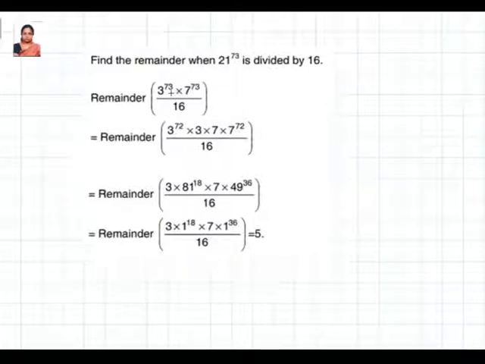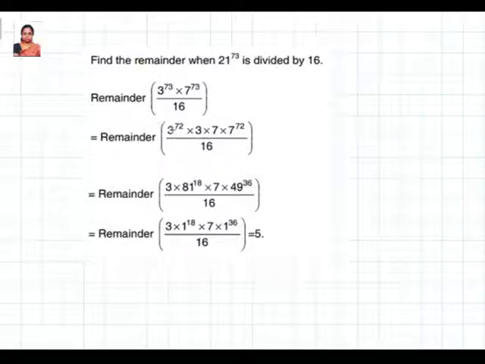So there is another concept which has to be taught. Anyway, we'll see that later. So 21 to the power 73 is like 21 split as 3 into 7, and this again is split as 3 power 72 and 7 power 72. The remaining we have 21 here. We are going to have the 7 and 3 undisturbed. We are not disturbing that.